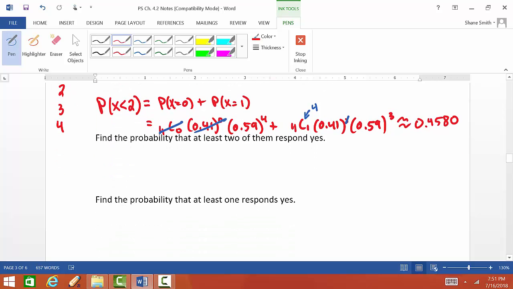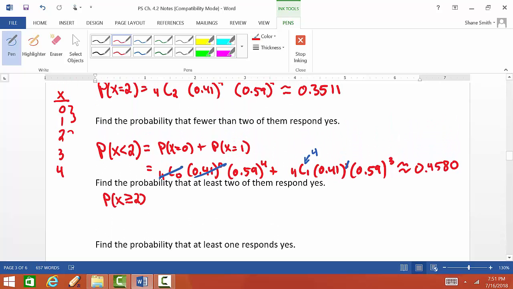Okay, what about the probability that at least 2 of them respond yes? At least 2 means greater than or equal to 2. Now, the probability of at least 2 is the probability of 2, 3, and 4 added together. So that means I have to do the formula 3 times. But you actually don't need to if you remember the complement. Because the probability of all of these x values added together, if it's a probability distribution, equals 1. So if I take 1 minus the probability that x is less than 2,